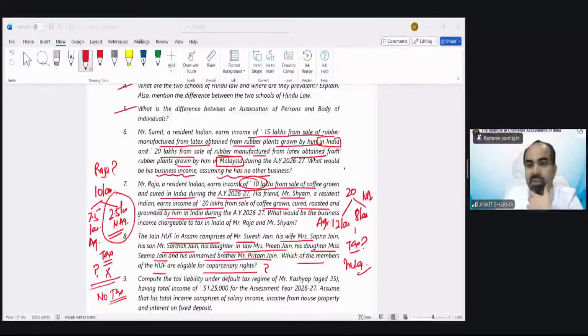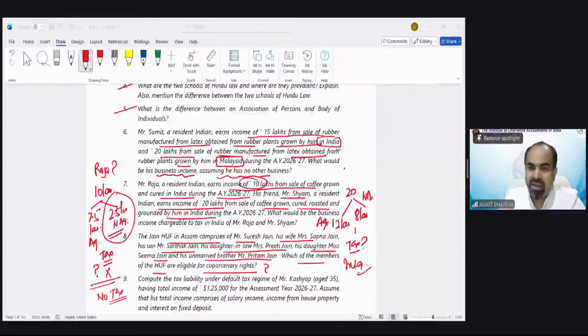Okay, somebody is saying Suresh, somebody is saying Preetam, somebody is saying Suresh and Preetam, somebody is saying Sarthak, wife, son, daughter, brother. Okay, Shireen is saying Sham will be applied. So I guess you must have read that it is a case of Assam, and in case of Assam and West Bengal, Dayabhaga Hindu law is applicable. And because Dayabhaga Hindu law is applicable, in that situation,